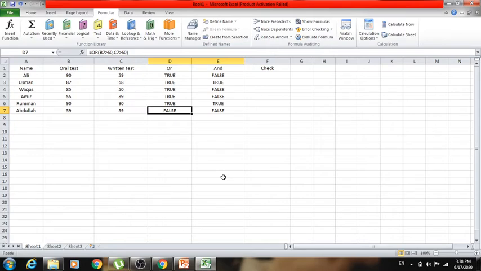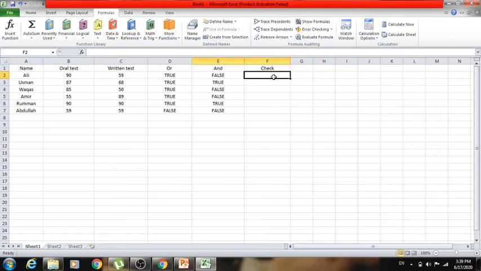But in OR operation, if one student is passed in one of the 8 subjects, it means he is passed in all subjects. That is the basic requirement of AND and OR operation.